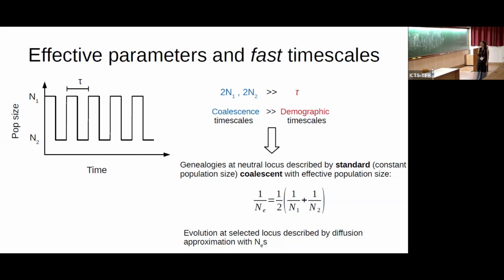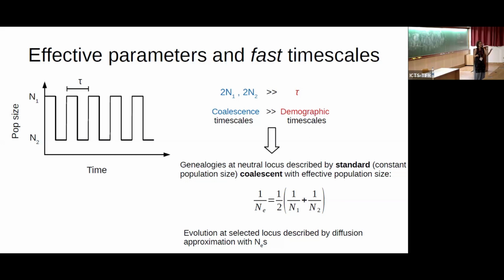But in this case, provided that the coalescent timescales are much larger than the demographic timescales, if you were to look at individual genealogies, these would look essentially the same. If you look at the coalescent trees, they would look essentially the same as if it was a constant sized population. You don't have an excess of rare alleles; you still have the predicted site frequency spectra, provided there's a separation of time scales. So this is quite powerful, and also depressing.